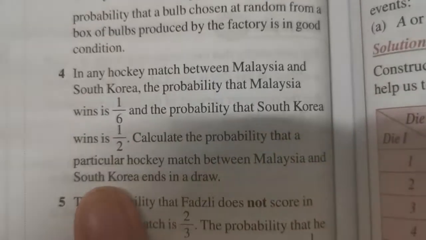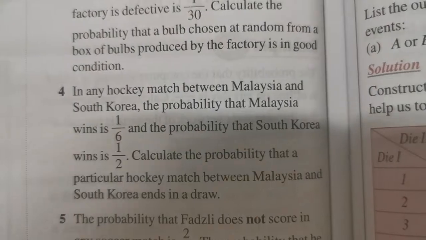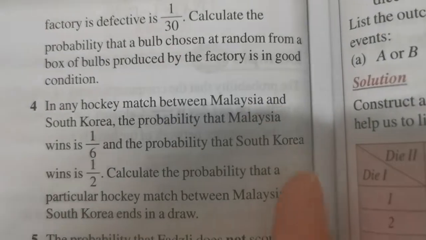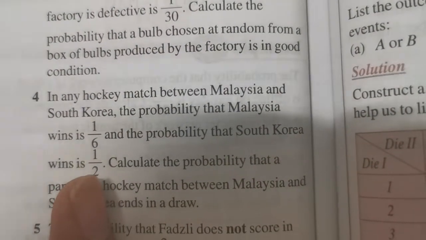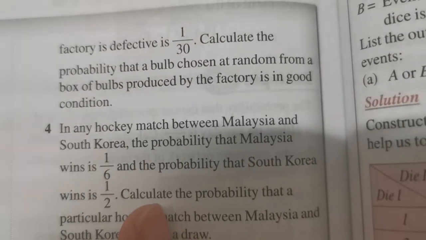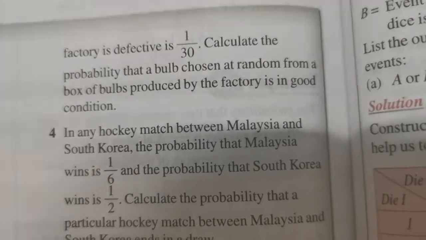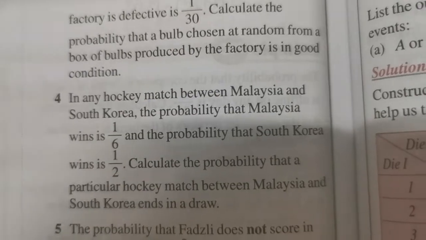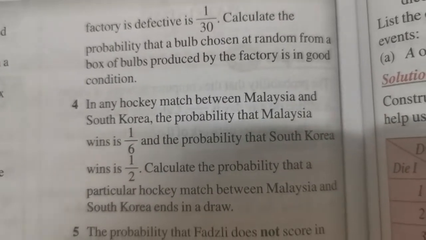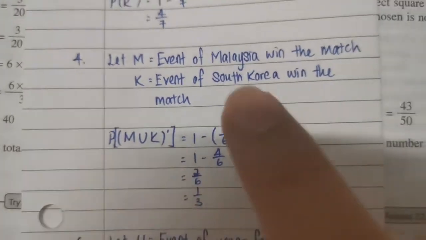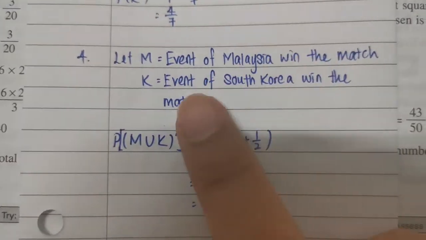Malaysia and South Korea wins 的话就是这个 probability。Malaysia win 1/6，South Korea win 1/2。But then how do we know they end in a draw? End in a draw 就是 impossible for either to win，right? 所以我直接1减掉这两个 probability。